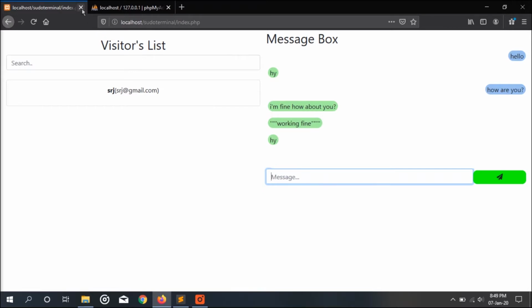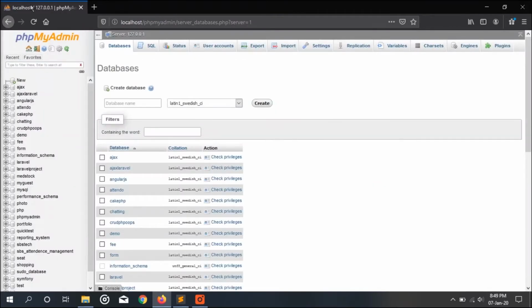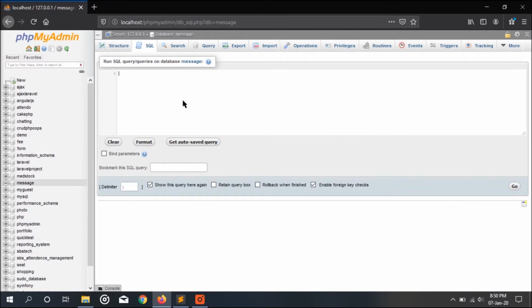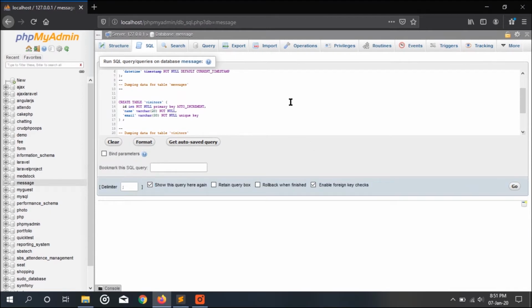So the first thing we are going to do is create our database, which is named message, and now we will have some SQL code to create our table. And here's the code. You can see we are going to create a table messages which will have 5 columns.